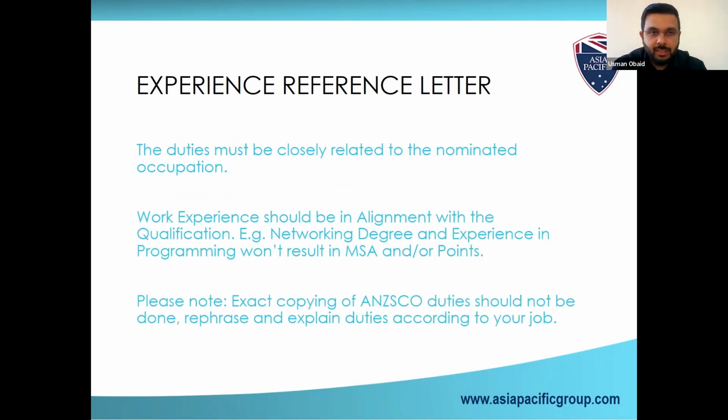Okay, now the experience letter: you have to understand that it has to be closely related to your nominated occupation. So you have to know the little nuances. For example, if you're a computer network system engineer or a systems analyst, there are similarities, but there are differences as well. So you have to make your letter in such a way that you can actually get the assessment, because some people